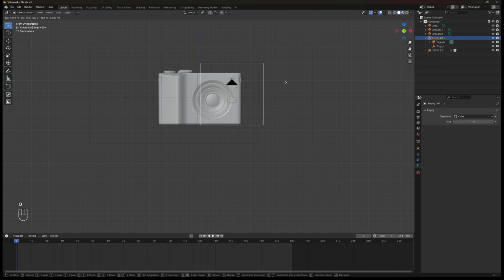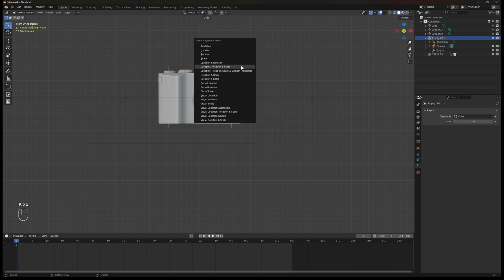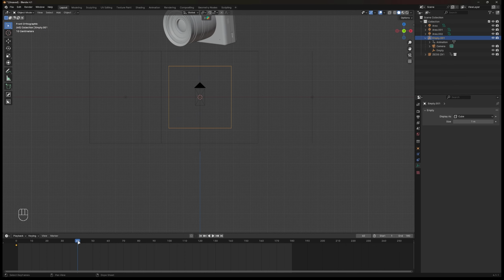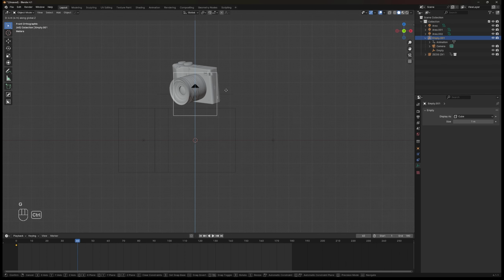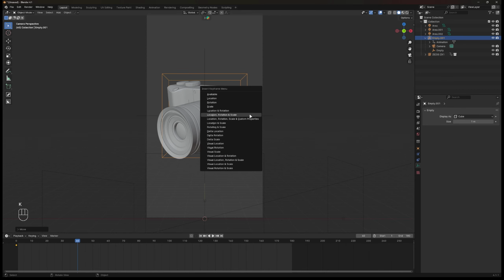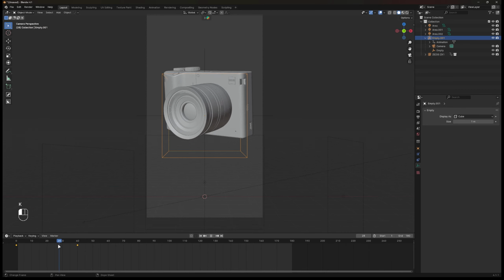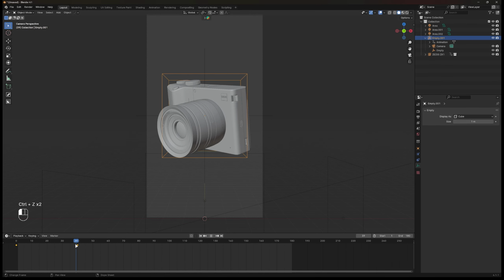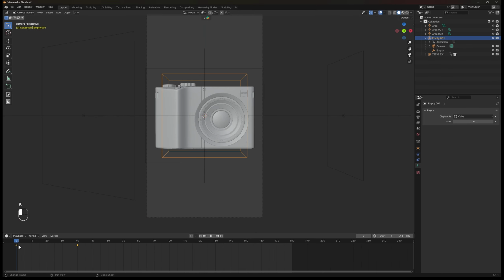Hit K to add a keyframe, but now we will select location, rotation, and scale. Here we are just tracing the asset movement, so on frame 40 before, move the empty cube to the top on the y-axis following the asset. Again, hit K and set a keyframe. Here I'm just rotating the empty cube on the z-axis, maybe around 27 degrees.